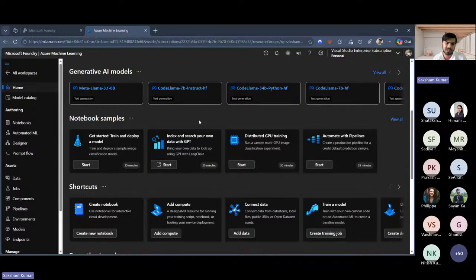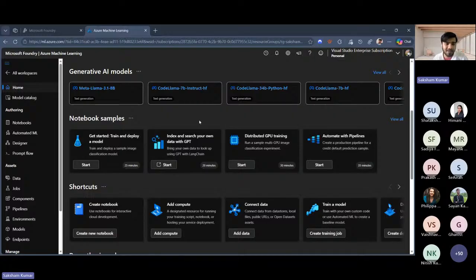So this is compute. If you want to host a CPU or a GPU instance, you can make your own. You can use any one of them which is available to you, whichever comes under your free tier. You have CPUs and GPUs as well. Monitoring lets you monitor whatever is happening, the drift between the ML models.